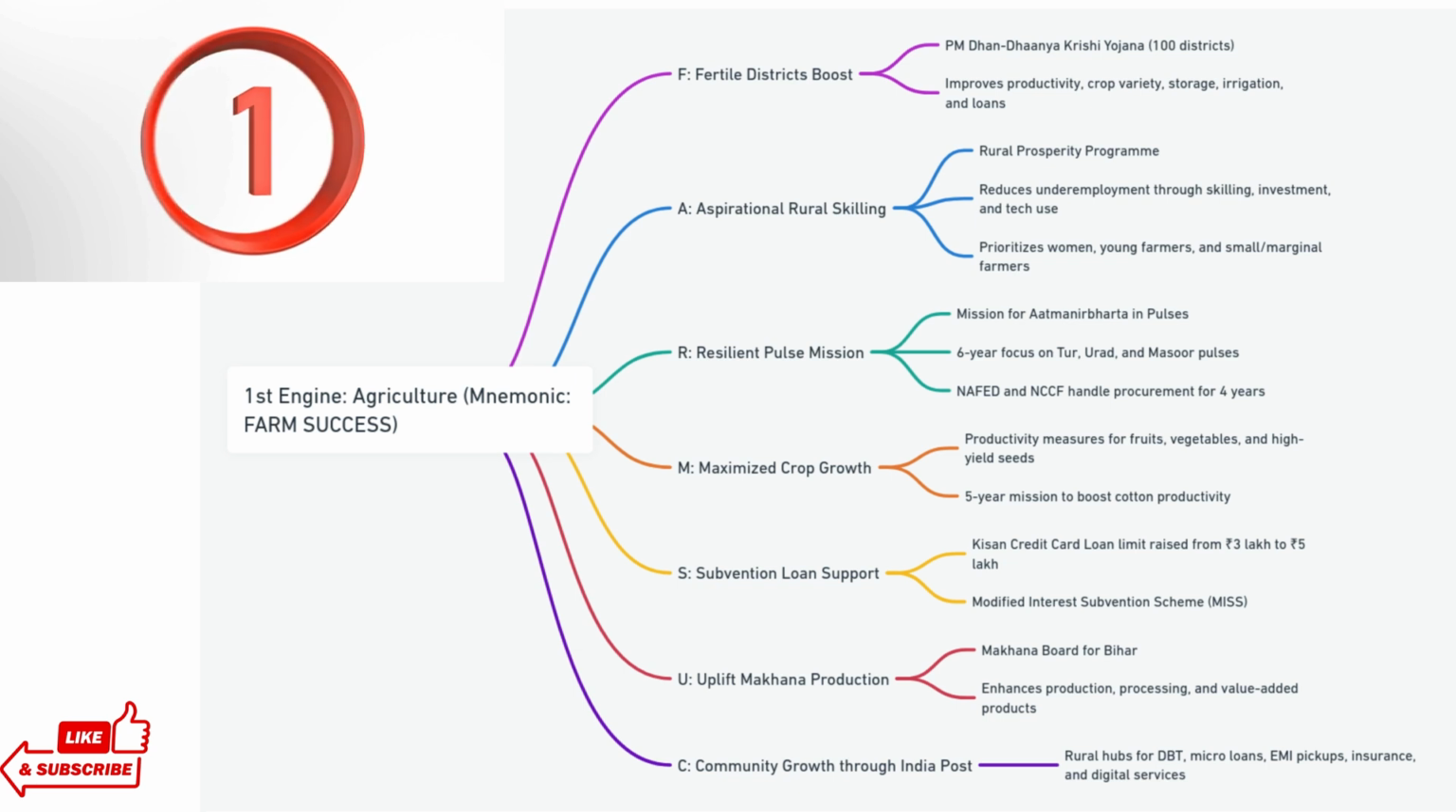So friends, through this farm success mnemonic, we've covered everything you need to know about how agriculture will drive India's growth. This isn't just about increasing productivity. It's about creating a self-sufficient and globally competitive agriculture sector. Remember, fertile districts, rural skilling, resilient crops, and financial support, all working together to make India's farmers the global leaders